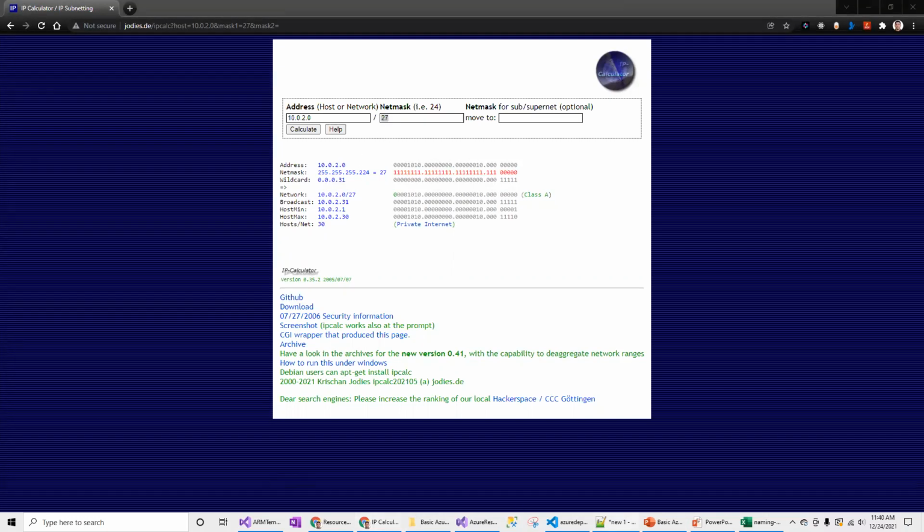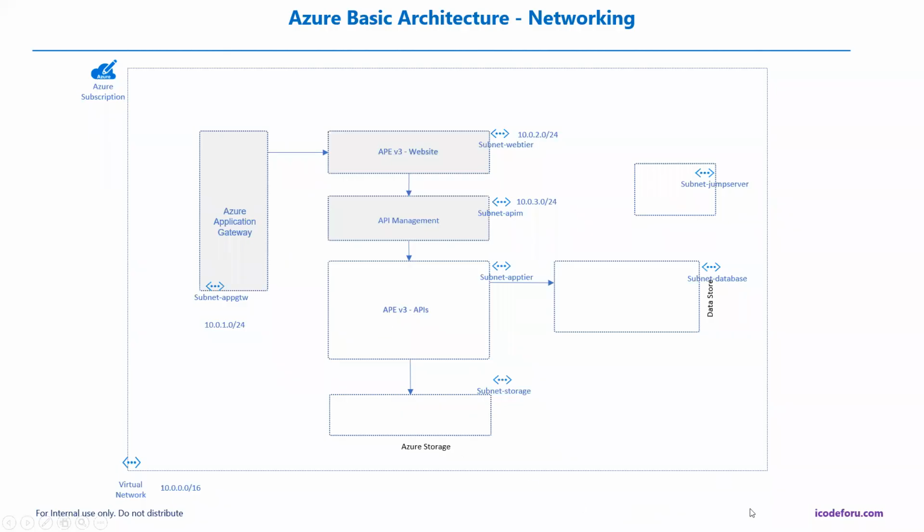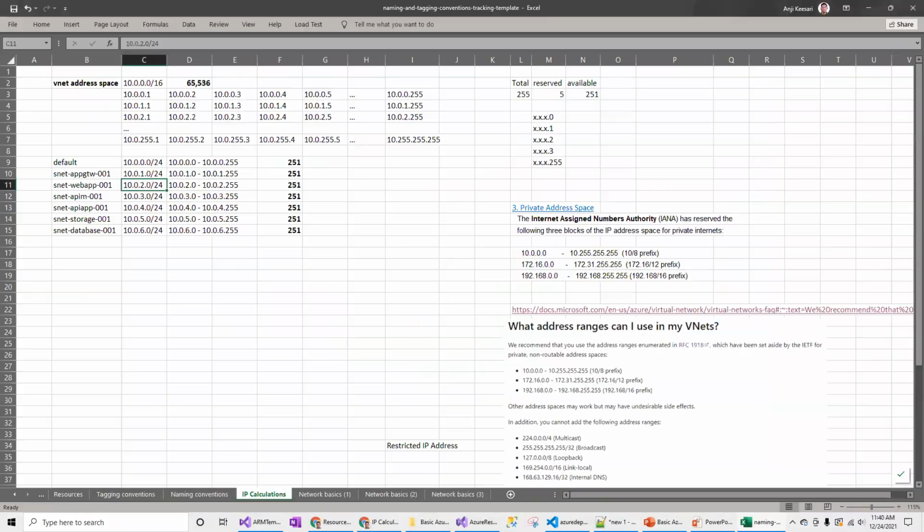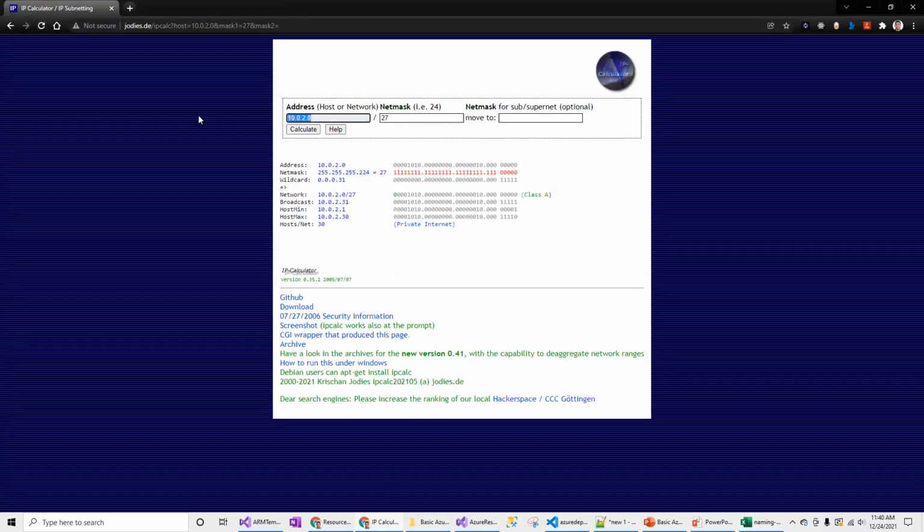If I want to calculate this address range as per this diagram, I have already done some pre-work before this and created all the address spaces here. So let's use this address. If I want to use the 10 series with /16, how many addresses am I going to get? I'm going to get a 65,000 range.